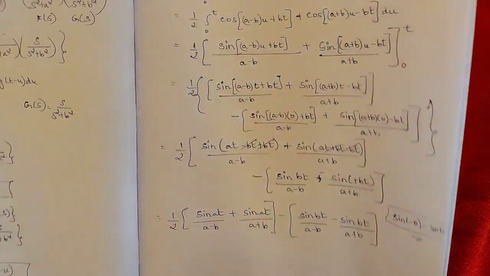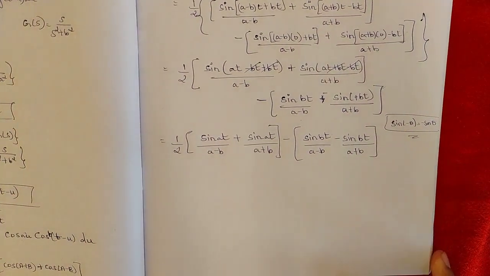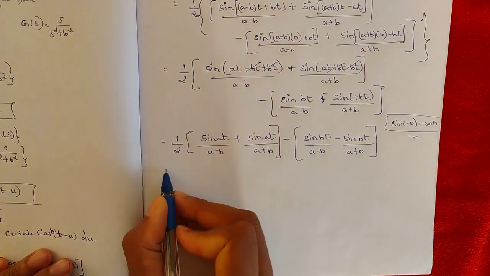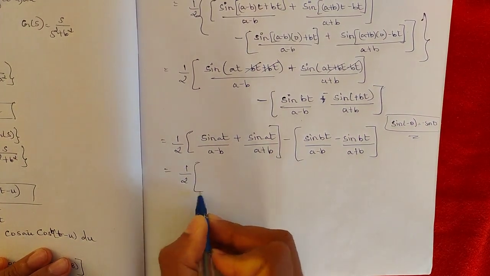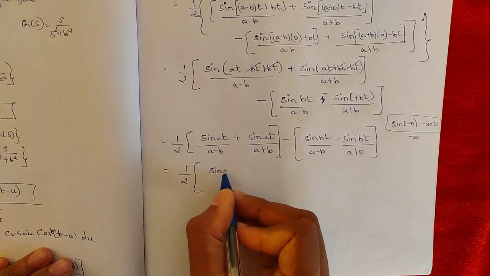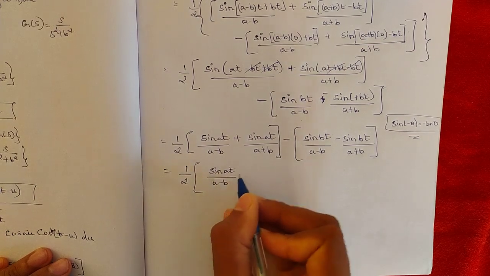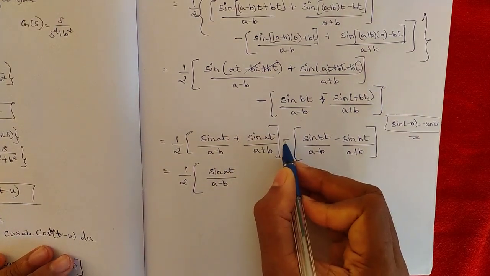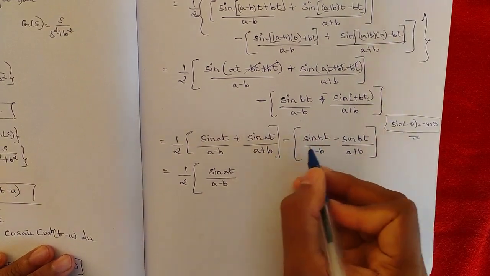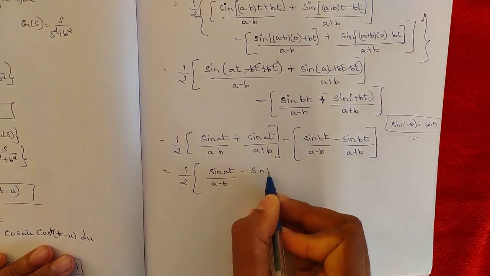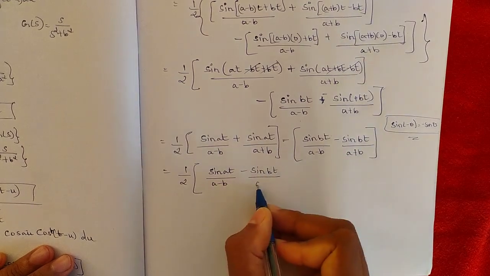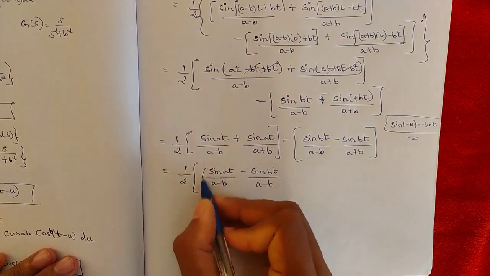Okay, 1 by 2 into sine at by a minus b, and here you have a minus sign, you multiply, so minus sine bt divided by a minus b. Okay, you group this together,